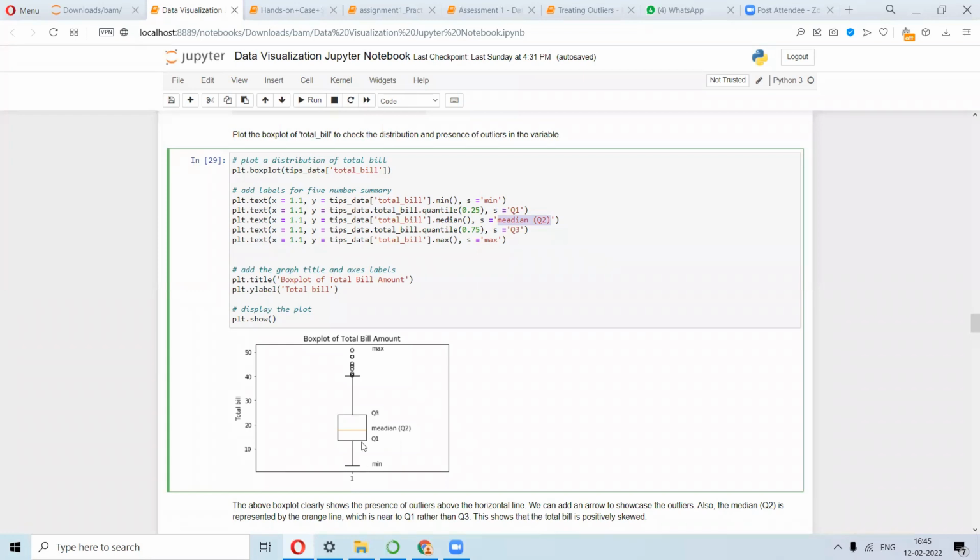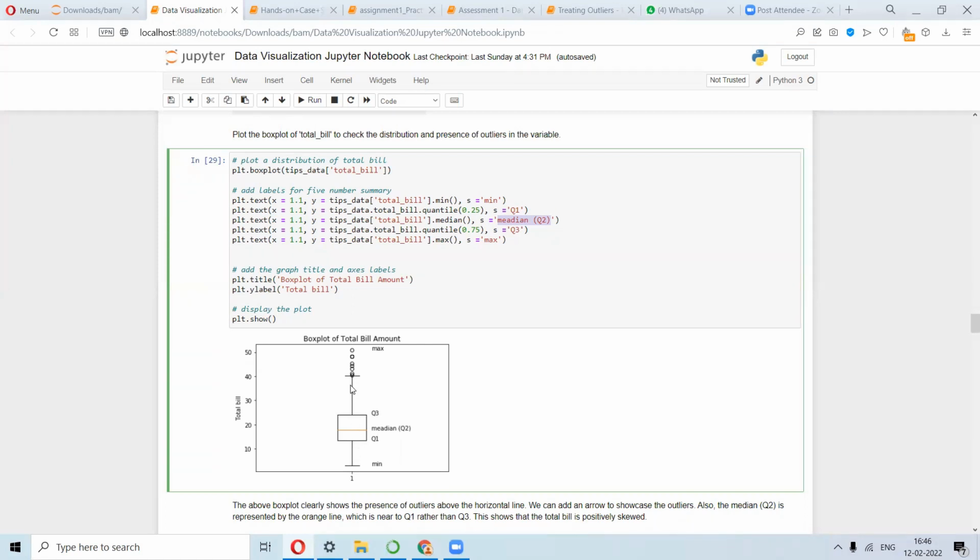And once we get this, how do we understand the distribution? So you have the minimum value and the maximum value. And you have two whiskers: this is the lower whisker and this is the upper whisker. Then you have this box. So altogether this is a box and whiskers plot. This box gives you the 50% concentration of the data, from Q1 to Q3, so from 25% to 75%. That's 50% of the data inside this box, and the rest of the 50% is in between these whiskers that you have.